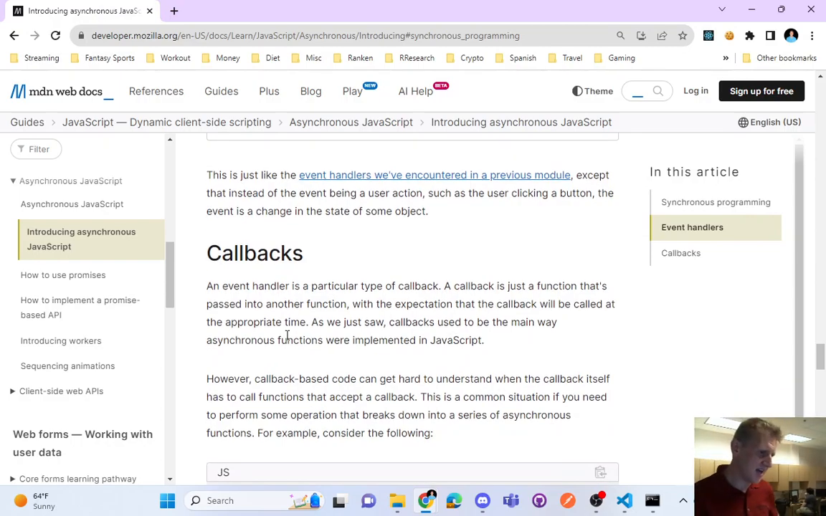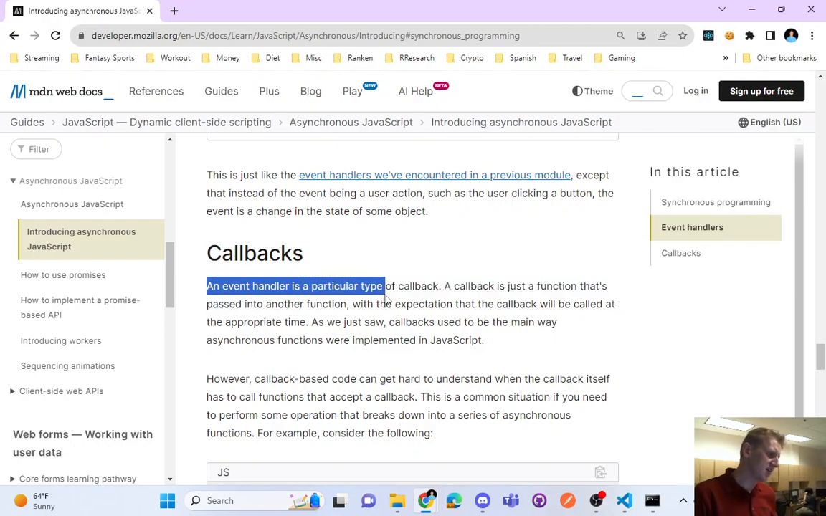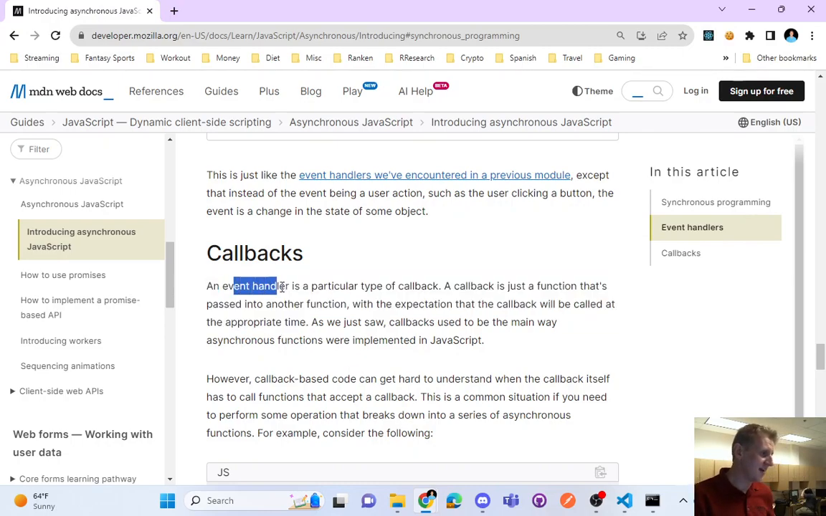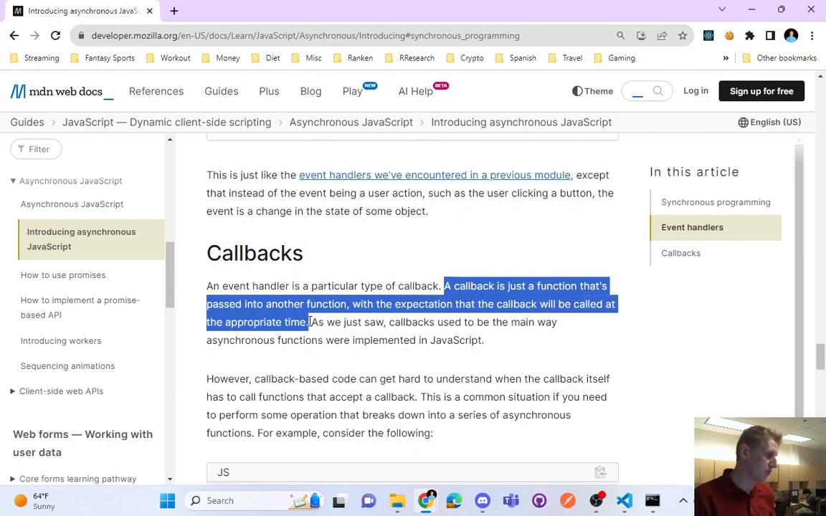Okay, next up is a callback. Now the definition of a callback, you can kind of read that, is not intuitive, I would say. An event handler is a particular type of callback. A callback is a function that's passed to another function with the expectation that the callback will be called at the appropriate time. So the best way I can describe callbacks